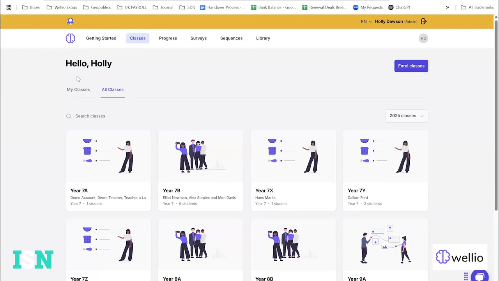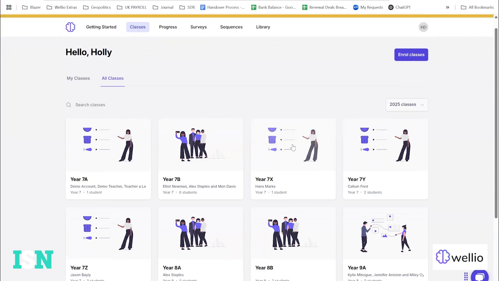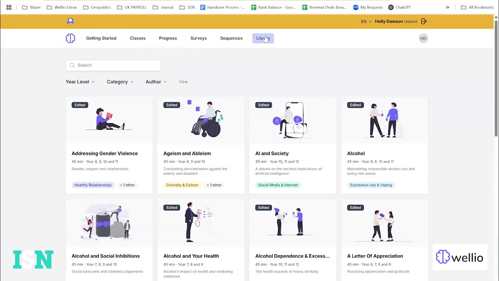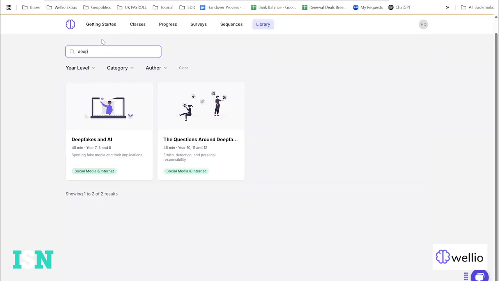So this is what a teacher's view would look like. Here are all the classes at the school that are being run. And if I come over here, I've got my library where I've got literally hundreds of lessons for every single year level that a school will need, on every single category a school will need. But what I wanted to show you is, in particular, a lesson that we actually launched about 2 months ago